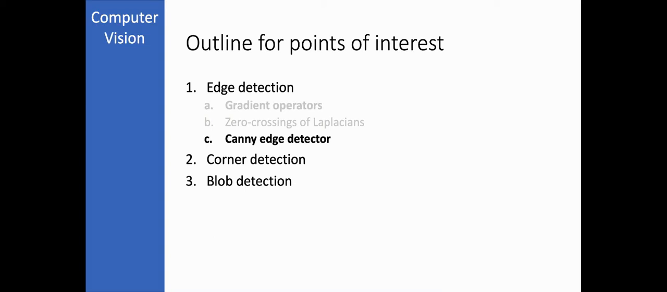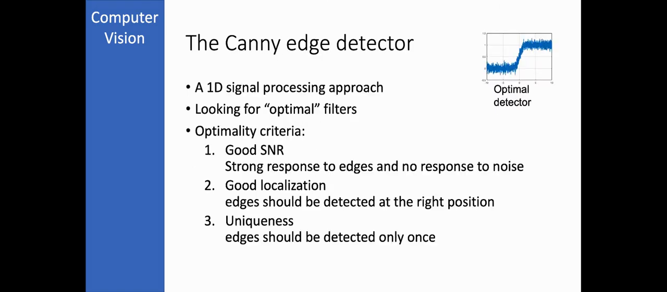The third approach we will talk about is actually the Canny edge detector. The Canny edge detector is a signal processing approach. Looking at an edge profile like this and assuming that there will be noise on the edge profile, a much more realistic assumption, we're looking for the optimal filter or optimal detector that will extract the edge in such a